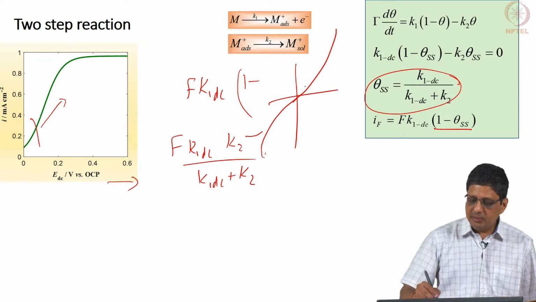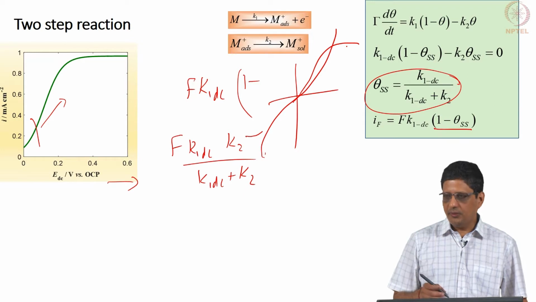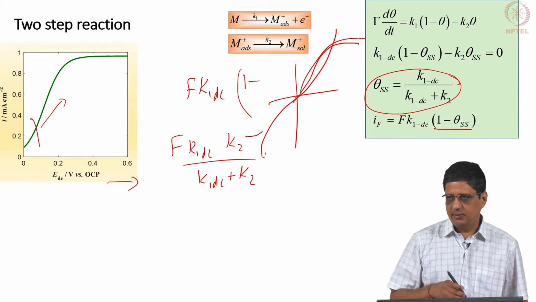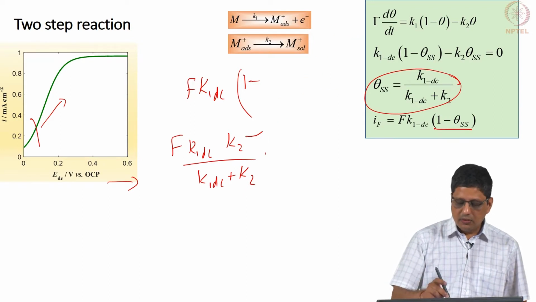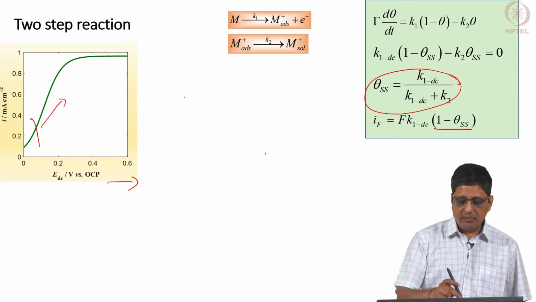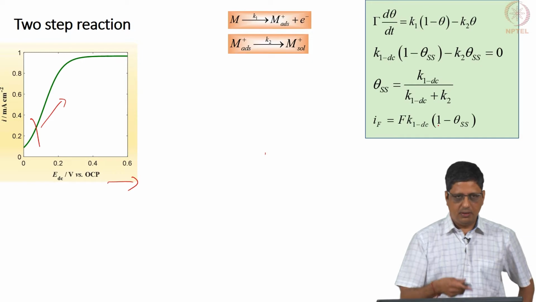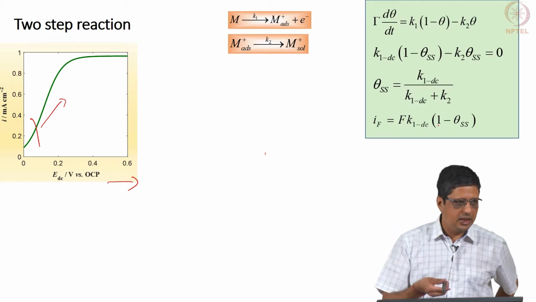Whereas, when it is mass transfer limited, although we have not derived it, I showed you the example, it is going to go like this and saturate. So, when you look at the signature, you can't always immediately come to the conclusion that it is going to be reaction number 1 with mass transfer limitation, or it is going to be reaction number 2, which we are seeing now with large potential, even though there is no mass transfer limitation.